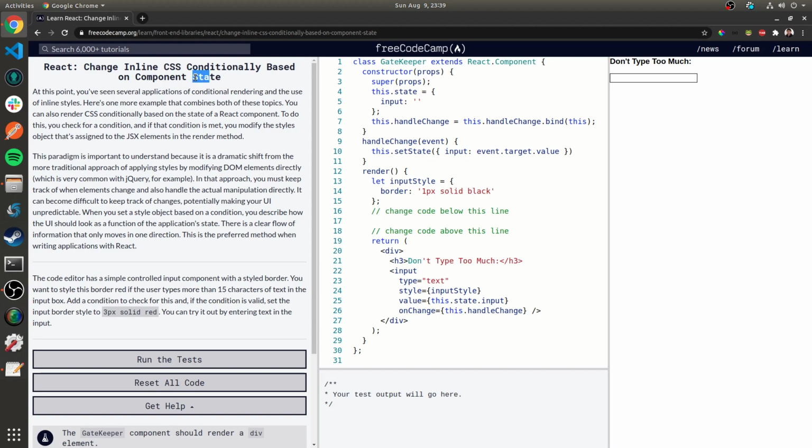Change inline CSS conditionally based on component state. The code editor has a simple controlled input. You want to style the border red if the user types more than 15 characters in the input box. Add a condition to check for this, and if the condition is valid, set the input border style to 3px solid red. Input style equals. So input style, let's try to